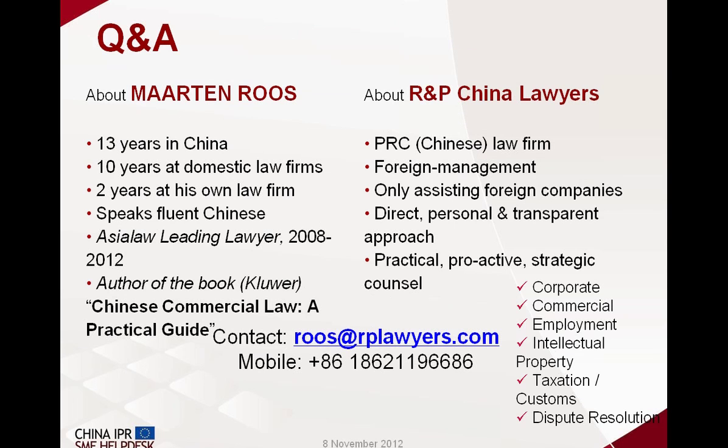I have clients who register IP and never take an action because they simply don't have the budget. Fair enough. Certain things can be done more cheaply. You can look for cheaper options. The cease and desist letter, as I mentioned before, costs 400 or 500 euro, and then you have something. It needs to be proportional to the effect that it has. If your business model is being eroded, if you're losing market share in your own markets because of an IP infringer in China, then I presume that you have a budget to take care of that, and the bigger your budget, the more effective you can be.